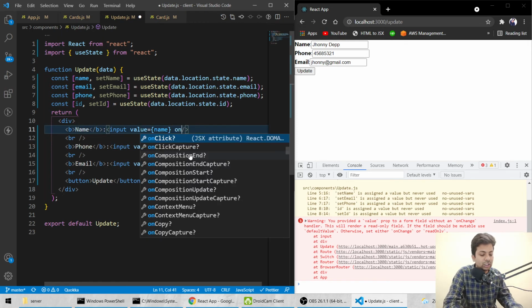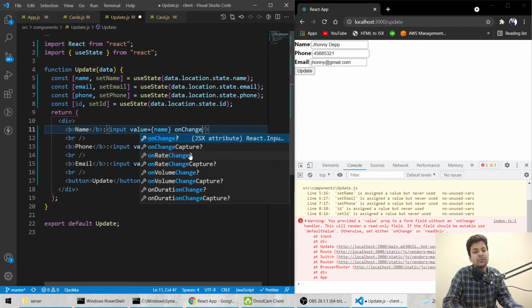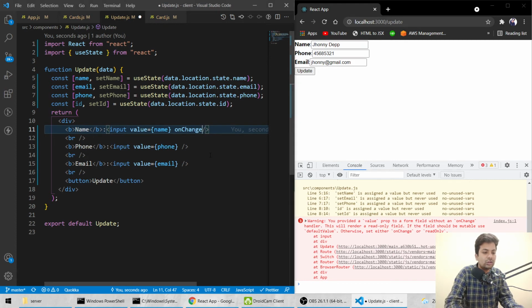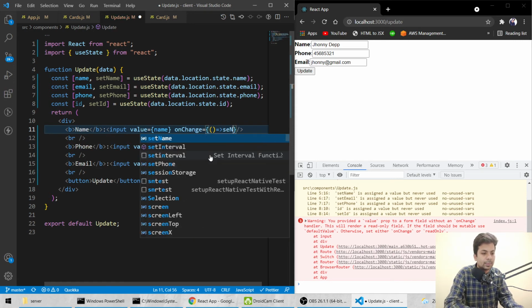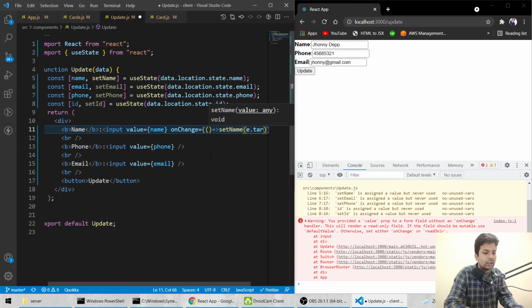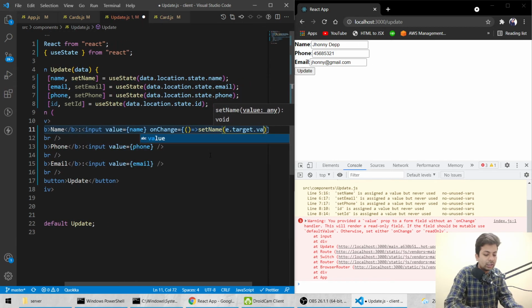We'll say onChange. So onChange means whenever someone changes something or writes in this field, we'll say onChange equal to, we'll just make a function, and we'll say setName(e.target.value).